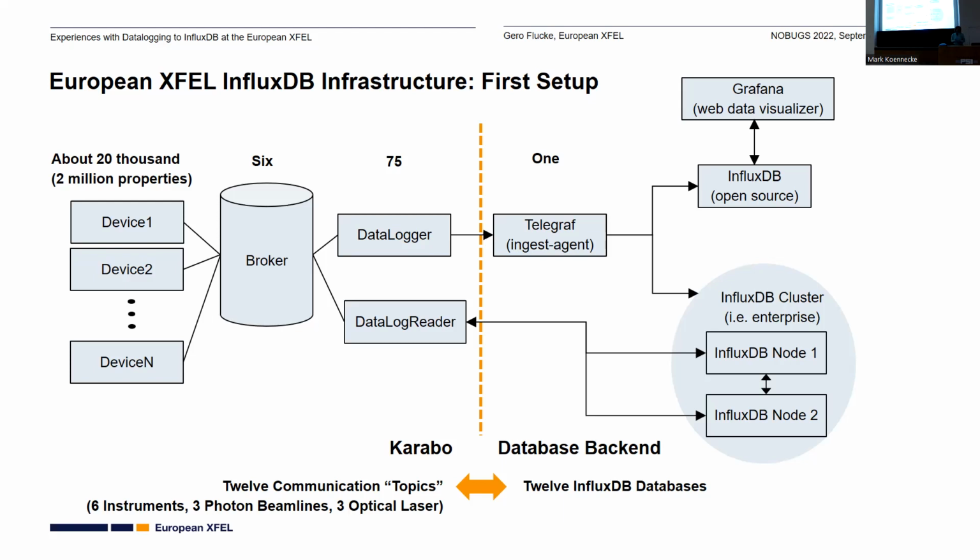One is a cluster of 2 InfluxDB nodes, an enterprise edition that we pay for support and so on. And the second InfluxDB, using the open source edition, is used to access data also outside our control system with the Grafana tools,